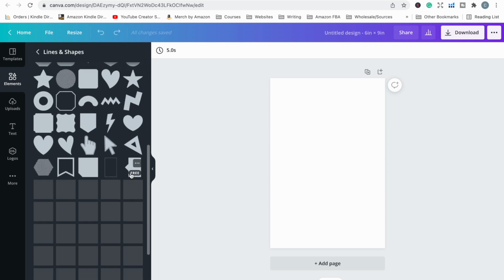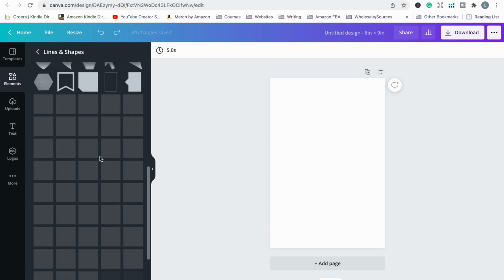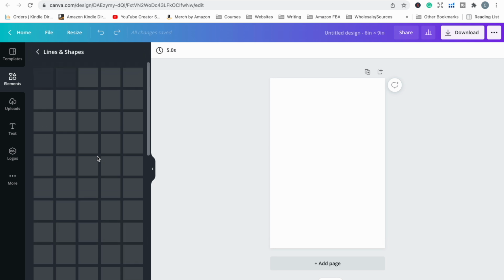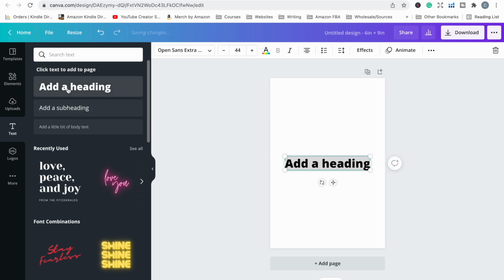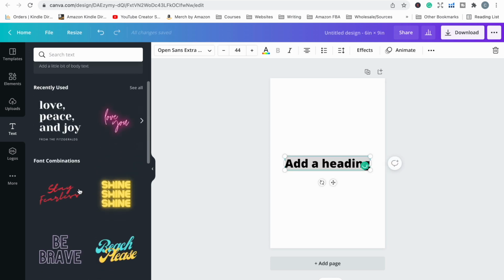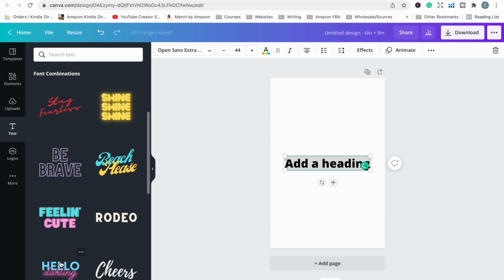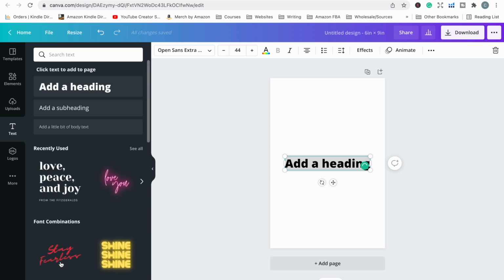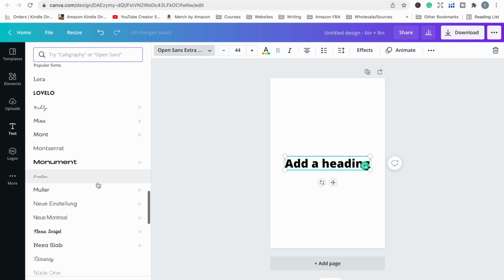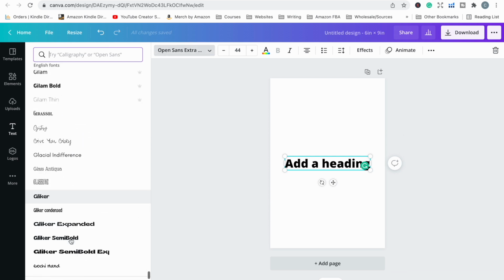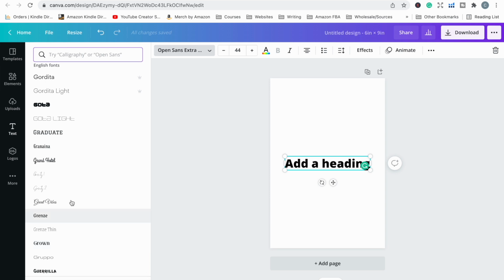This is all the different shapes and things that you can use, and then we have the fonts, all the different fonts that you can use. We would add a heading. They have font combinations which they feel go best together in terms of graphic design, but if you just want to look for your own fonts, you click on this font box here and there are heaps of fonts for you to choose from. Luckily it has this nice little preview here so you can see the fonts just as you're scrolling through,